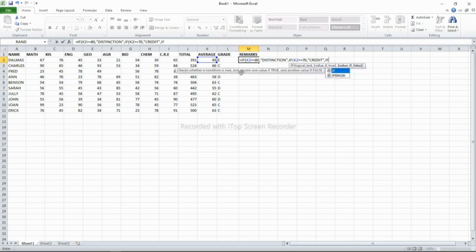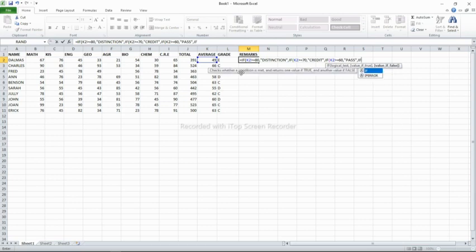The student will have gotten a credit, then you close the quotation marks, then you put the comma, open another IF bracket, K2 is greater than or equal to, let's say 60, then comma, open the quotation marks, your student will be able to get remarks as pass. So the student will have just passed an exam,